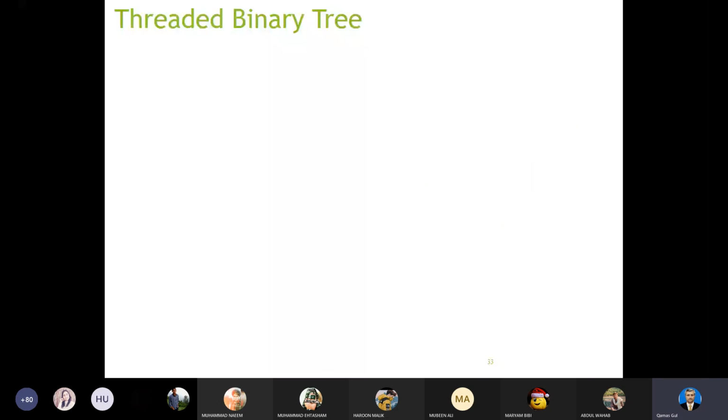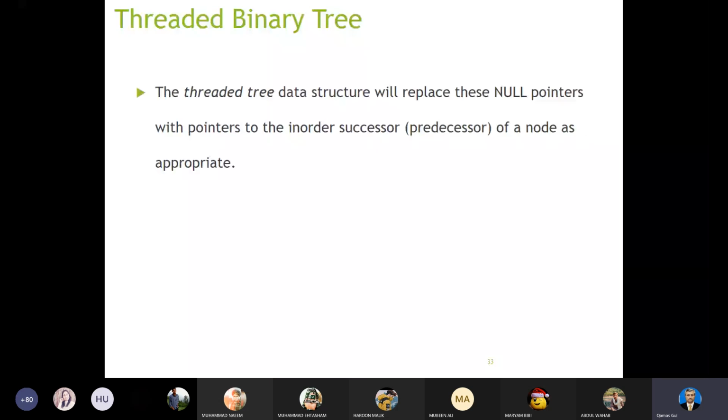सो अगर मैं किसी भी नोड के अंदर मौजूद नल पॉइंटर्स को पॉइंट करूं टुवर्ड्स इन ऑर्डर सक्सेसर और प्रीडिसेसर ऑफ अ नोड एज अप्रोप्रिएट, जरूरी नहीं है कि दोनों तरफ पॉइंट करूं, किसी एक तरफ, या इन ऑर्डर सक्सेसर की तरफ या प्रीडिसेसर की तरफ, then such kind of a binary tree, the resultant binary tree is called threaded binary tree, ठीक है। और वो पॉइंटर जब जहां पॉइंट कर रहा होगा उसे हम थ्रेड कहते हैं, ठीक है, थ्रेड।